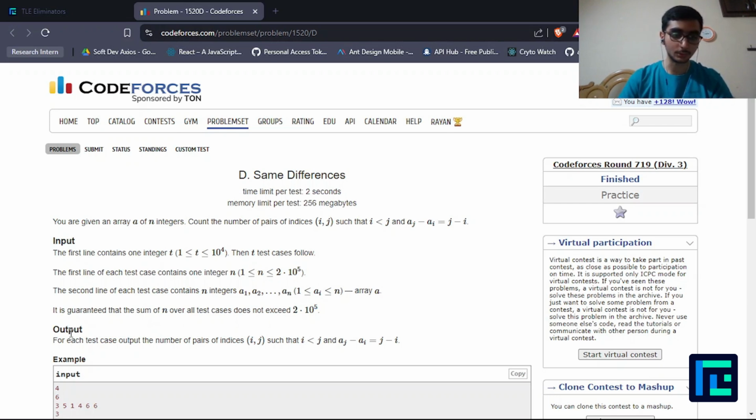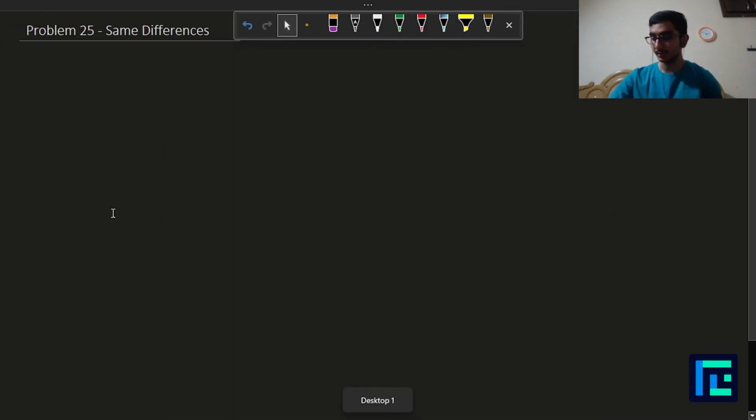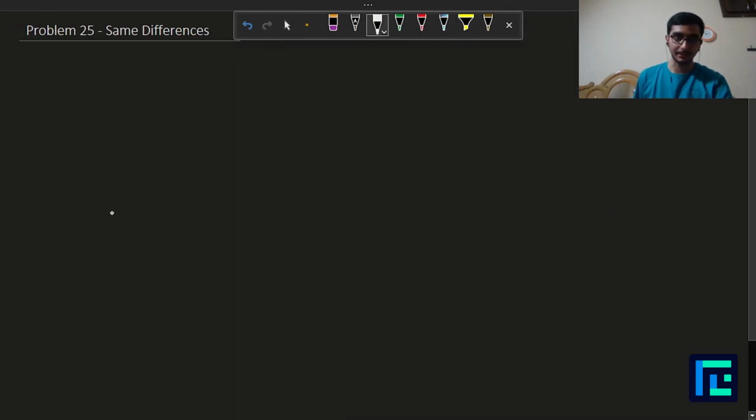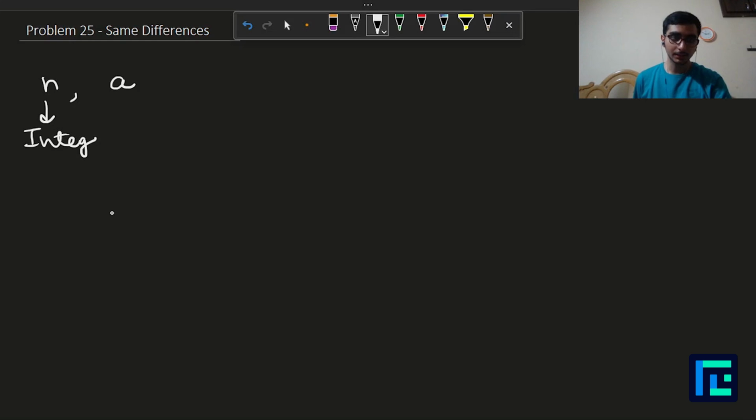Now in the output you have to print a single number denoting the number of indices i, j such that i is less than j and aj minus ai is equal to j minus i. Right. Now, as we have seen the problem statement, we can move on to understand it. So we are given for every test case two things, n and a. N is an integer denoting the size, and a is an array